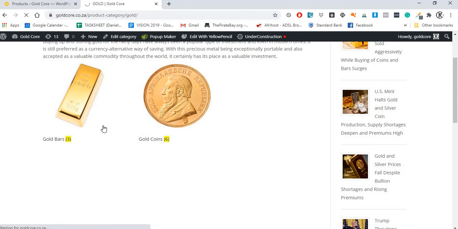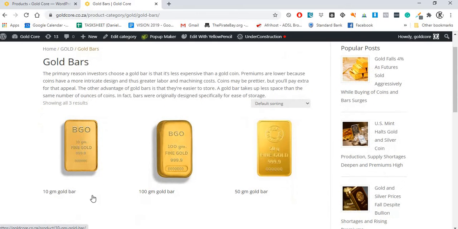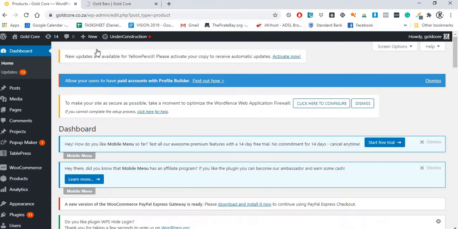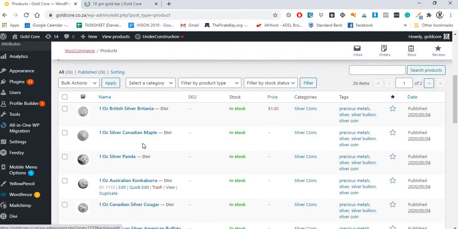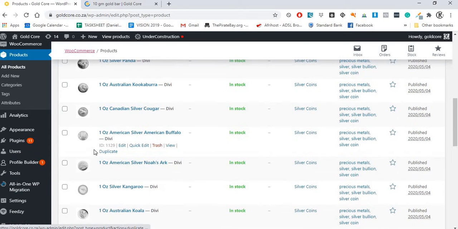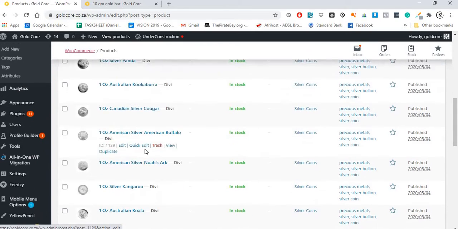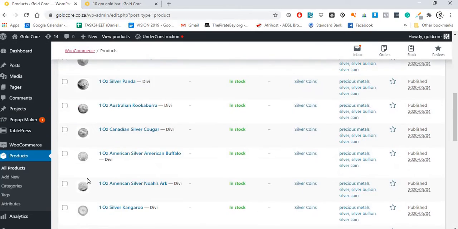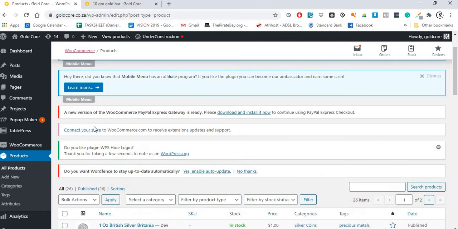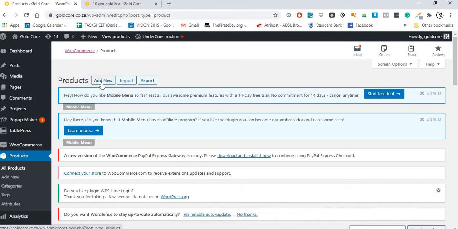That's our different categories. When we click on gold bars, I'm just going to do a product for this one, a 10 GM gold bar. So under all products, we can see all our products here that have been created. Remember I said you go to products, all products, then we can see all our products have been created here. So to add a new product, you either go on the left tab